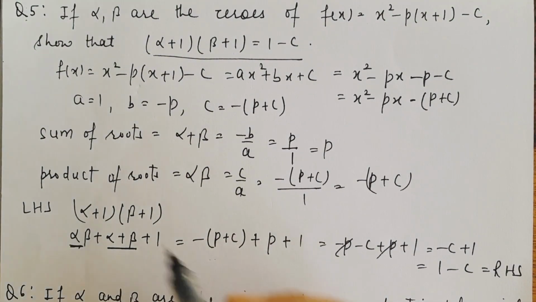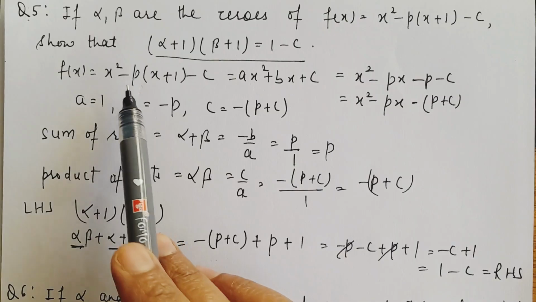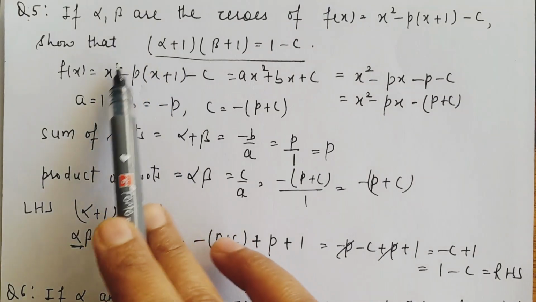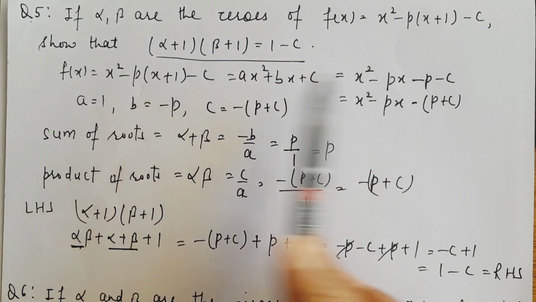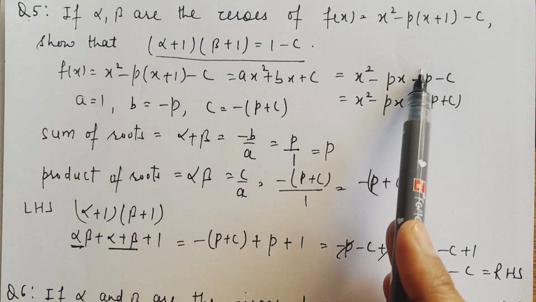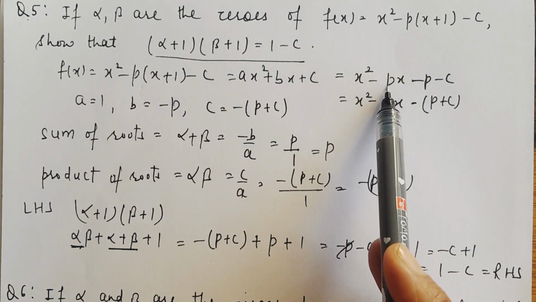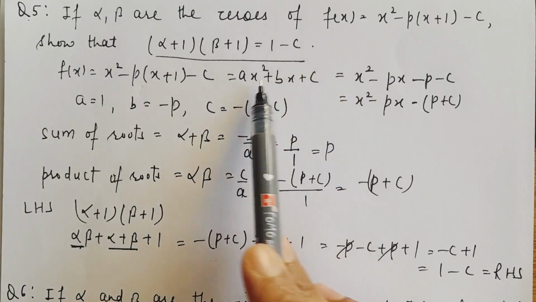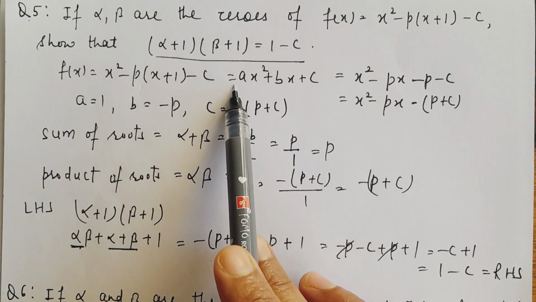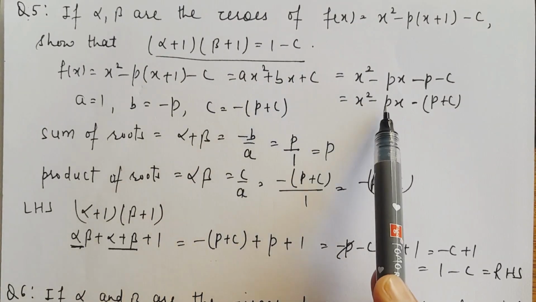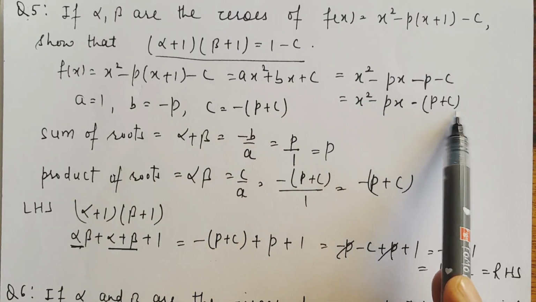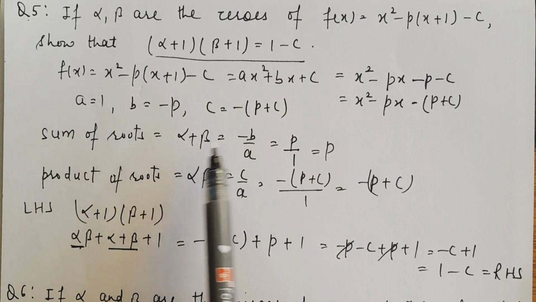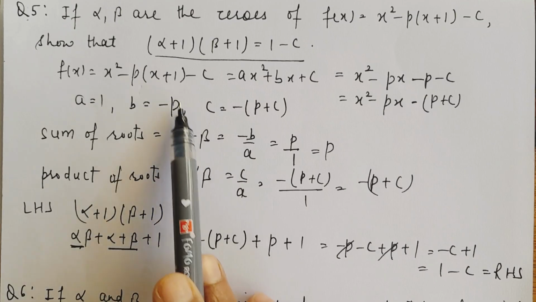देखिए, let's revise this polynomial. पहले इस पॉलिनोमियल को सिंप्लीफाई किया, px, p कांस्टेंट है, हमने मल्टीप्लाई किया। This now complete is the constant term, this is the coefficient of x. सो कंपेयर किया जनरल पॉलिनोमियल से, तो वैल्यू ऑफ a विल बी 1, वैल्यू ऑफ b विल बी -p एंड वैल्यू ऑफ कांस्टेंट विल बी minus p minus c. सम ऑफ रूट्स निकालें तो दैट इज -b बाय a, माइनस ऑफ